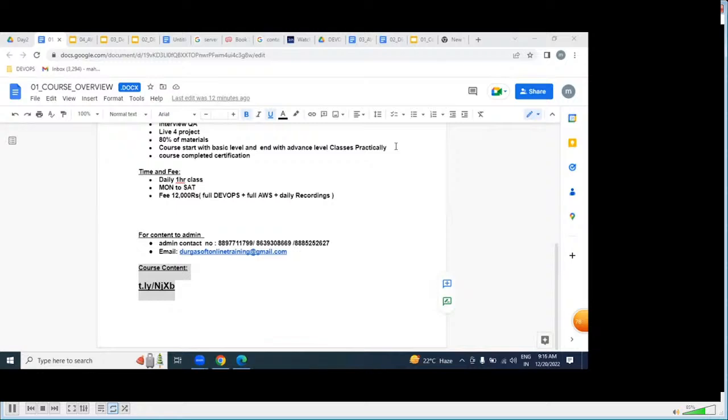I'm going to explain the architecture of every tool in depth. For example, Ansible: we start very basically. What is Ansible? And each and every function, each and every feature. And practically also, not a theoretical explanation, a practical explanation. By the end of the module, we'll do one real-time project.